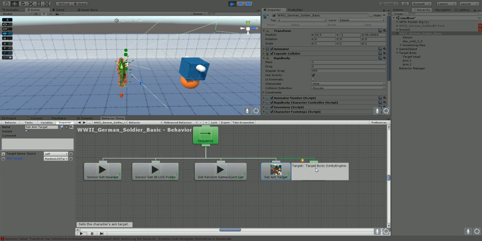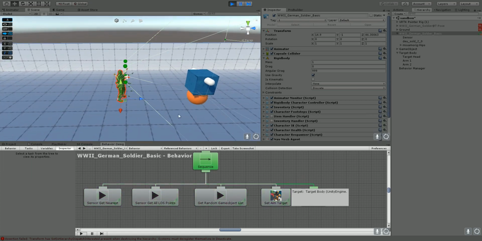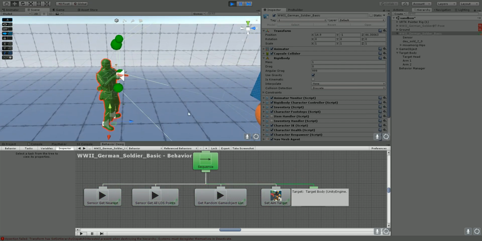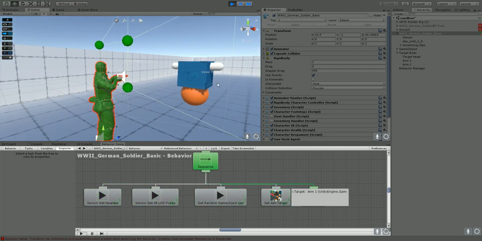Okay, you can see it's aiming at the body, arm 2, arm 1, arm 1, head, and so on. So I think you get the point here. So this is great. Then we can actually fire our weapon or whatever we need to do, and we're going to be firing at different points within the target, and we get to choose what those points are. They're not random, and this can make sort of more of a dynamic way of doing things,